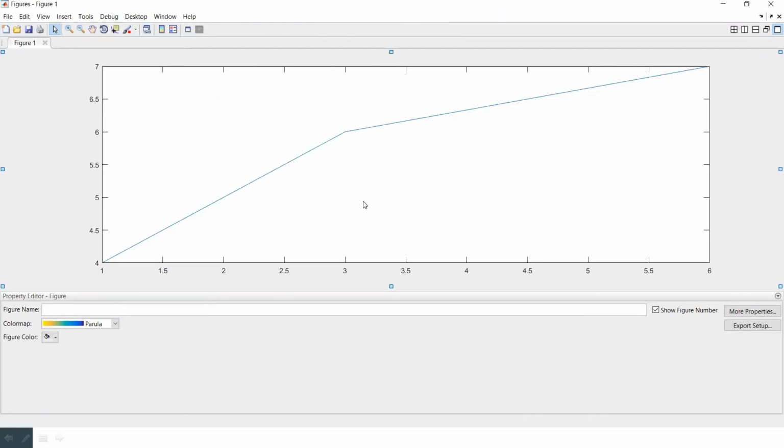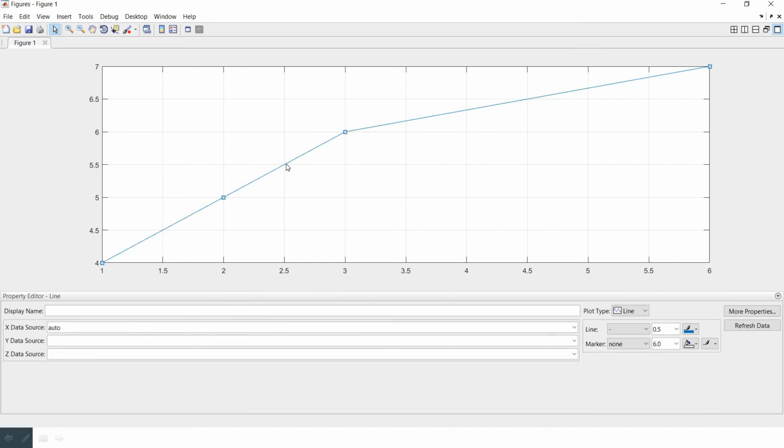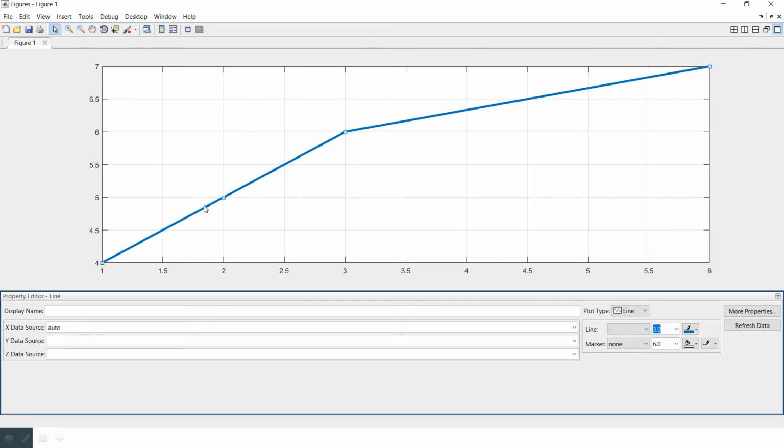So now here you can just click on the figure. If you want your figure to have a grid, then just right click and see the option of grid. Now you can see grid lines are also there in your graph. Now if you want to make the line width more visible when you are using it in your documentation, because if you copy from this, nothing will be visible in your Microsoft Word, so what you usually do is increase the width of this.